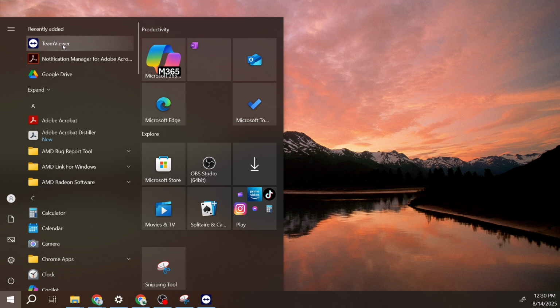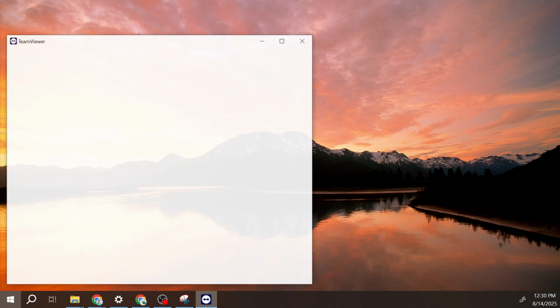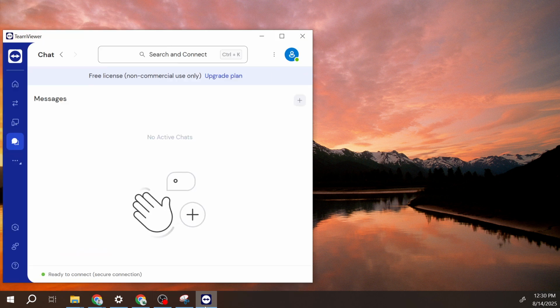Once you have TeamViewer open on both devices, the next step is to sign into your account. You'll need to log in with the same account on both the local and the remote device. This is because having both devices registered under your account allows TeamViewer to authenticate the connection safely and securely, providing